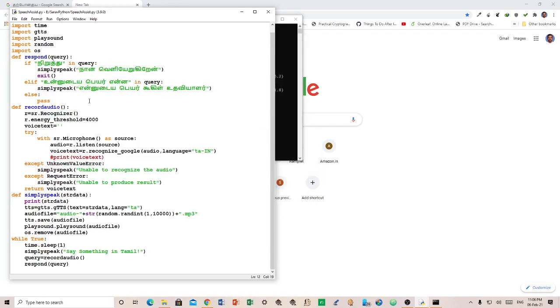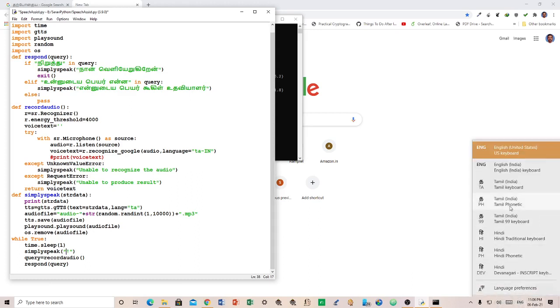Simple as such. So now what we are going to do is create a search engine using voice. Same thing. So we'll give simply speak in Tamil. Yeah. So we'll just change this to